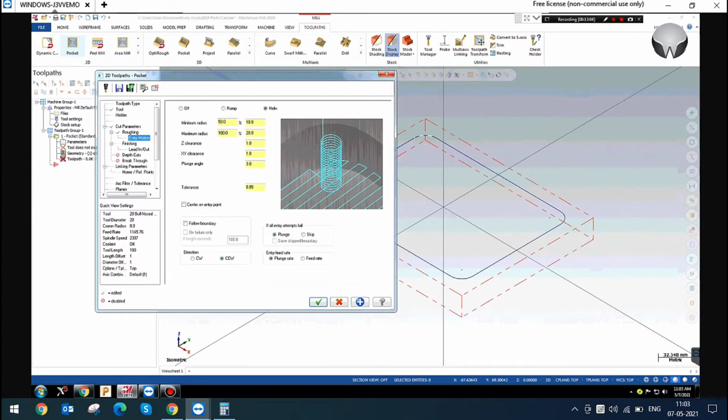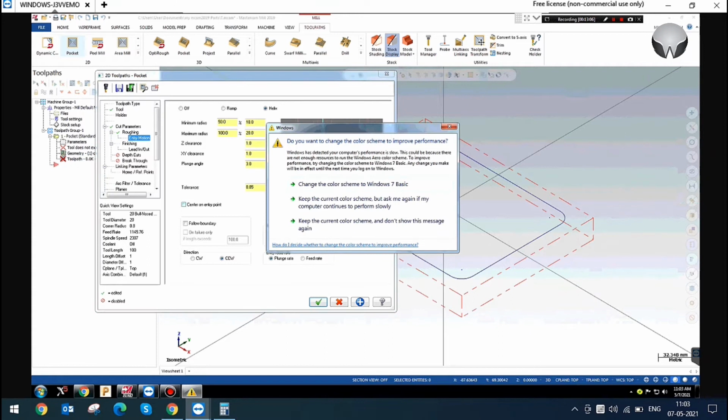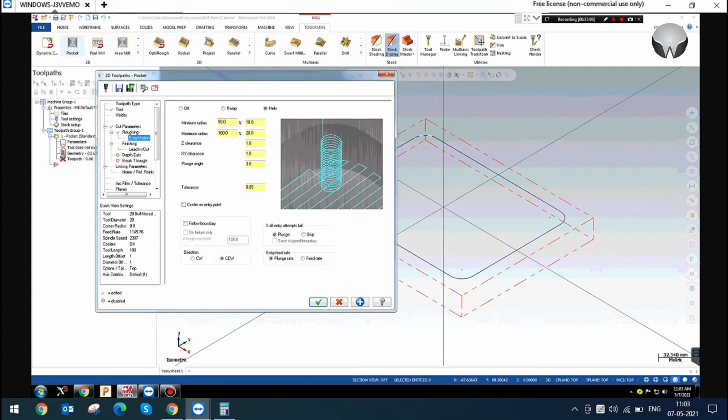So now our tool is directly entering the material, right? There is no option for outer machining. We have to plunge the tool into the material directly. In this case we can give the helix to define the plunging smoothly between the tool and the material. So here we can give the minimum radius and the maximum radius.